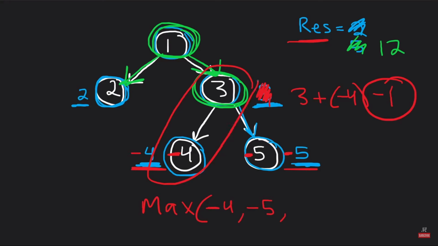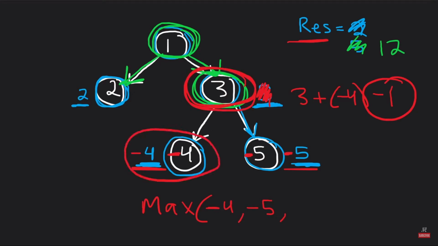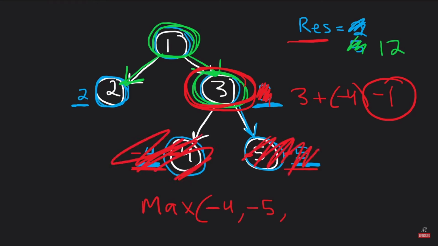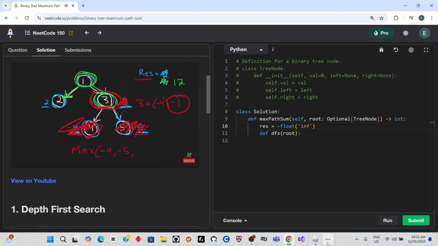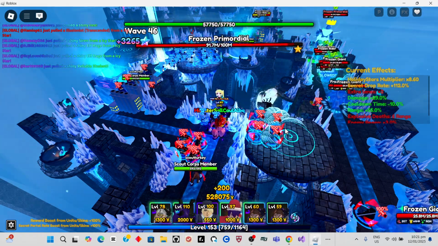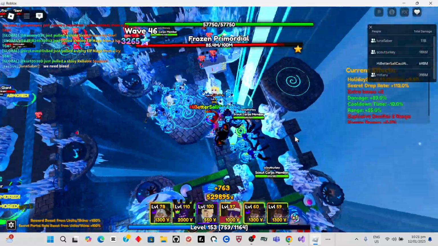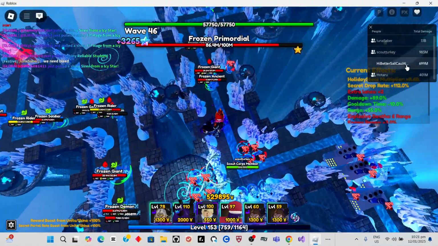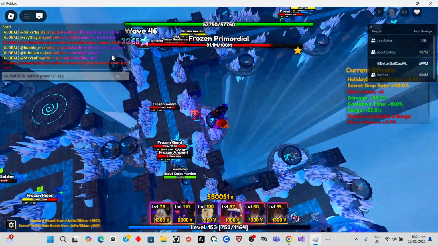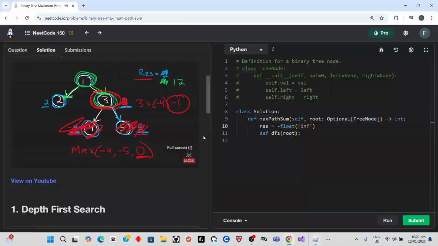So what we would say is, okay, the max we could get here without splitting is going to be -1. But that's not actually the case, right? Because to get the maximum path sum from here where we're not allowed to split, it doesn't necessarily mean we have to include the children. They're optional. We could actually choose to not include either of these, and that's what we would want to do because they're both negative anyway. Why would we want to include negative numbers? So when we're taking the max of the two, we're actually going to take the max of 3 values: the left, the right, and potentially 0, because if we just add 0 to it, this will stay the same. So those are the